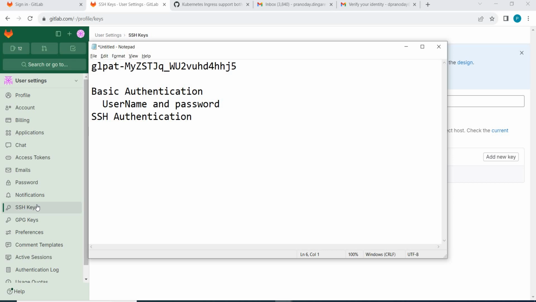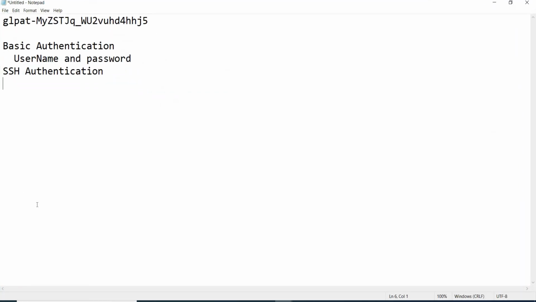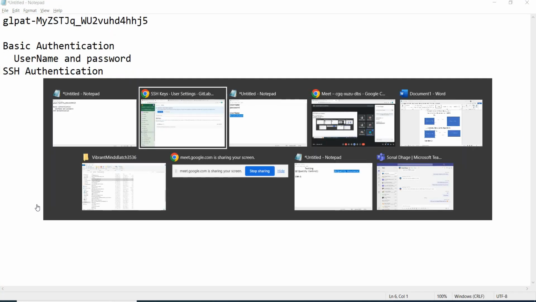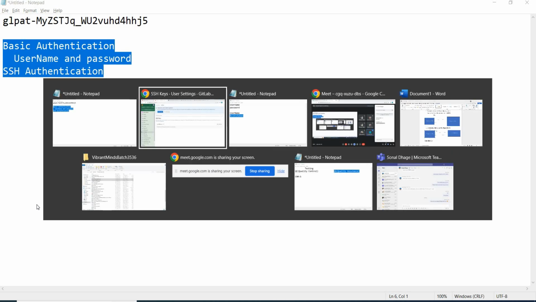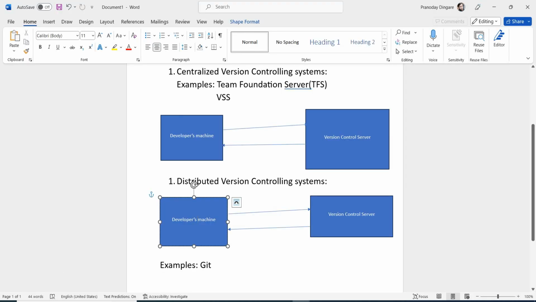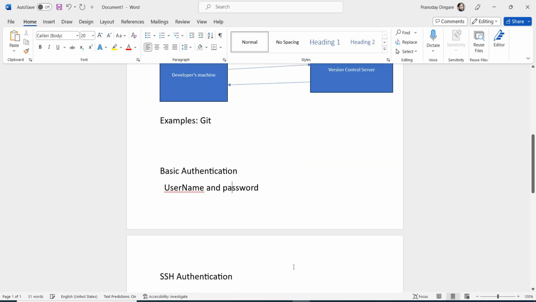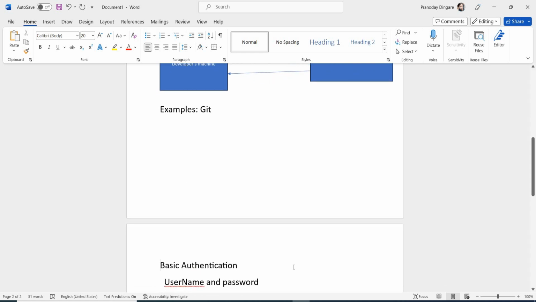Now what is this SSH authentication? In this SSH authentication, basically you need to create keys. Let me just put these things here in the Word file so that I can share this file with you. Yeah, basically there are two main types of authentication. Basic authentication,